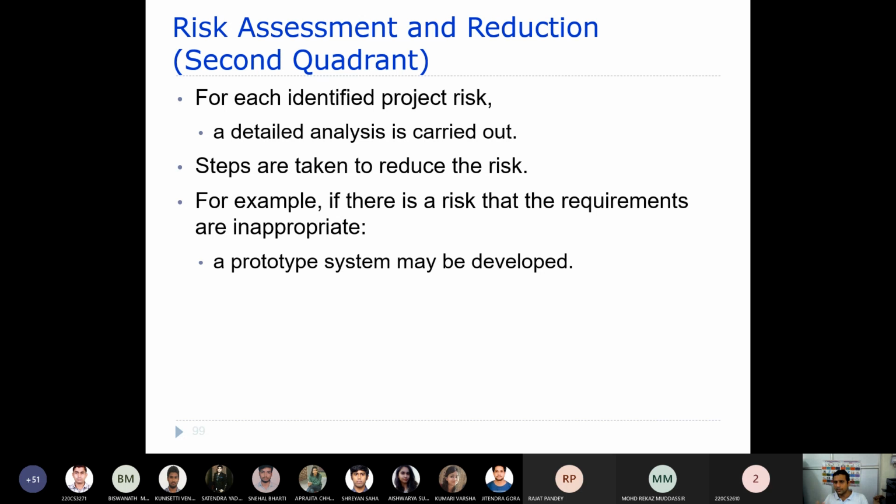After applying a prototype, you try to understand the requirements properly. As a result, the requirement risk will be reduced. So we identify the risk in the second quadrant, as well as handle those risks, maybe by applying a prototype system.